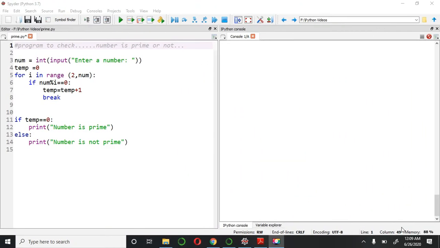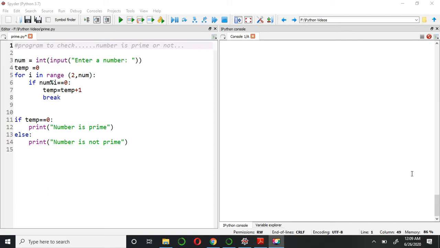In the second program, we have to check whether the given number is prime or not. Let's start with the basic thing about the prime number. The prime number is what? If a number is divisible only by itself or 1, it is known as a prime number. For example, 7 is a prime number, 47 is again a prime number, 37 is again a prime number. So the basic thinking for a prime number is it should not be divisible by any other number in between 2 and itself. By keeping this in mind, let's start the code.